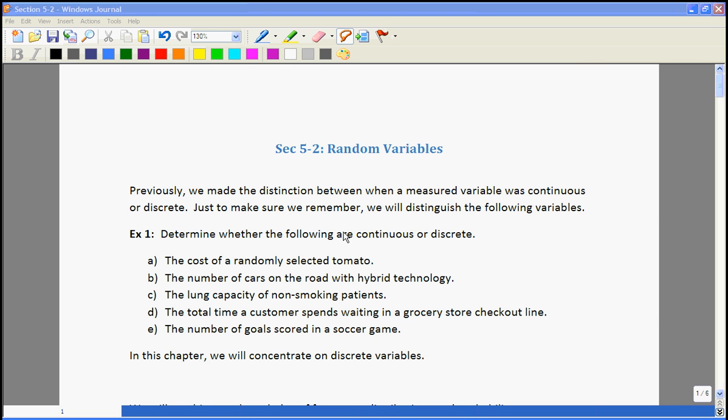Example 1, determine whether the following are continuous or discrete. A, the cost of a randomly selected tomato. Well, think about the price of a tomato, even if there's a certain per pound weight, maybe $1.99 per pound. Because of the way our money is, we stop at the nearest cent. So it could be $1.98 or $2.57. But we're not going to get anything like 2.57328 because that's not how our money system works. So because we stop at the nearest cent, this would be considered